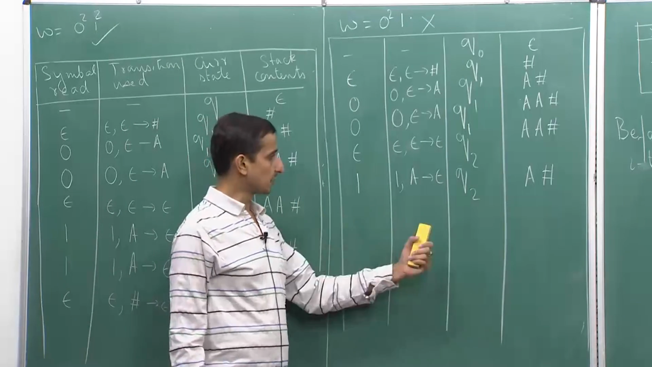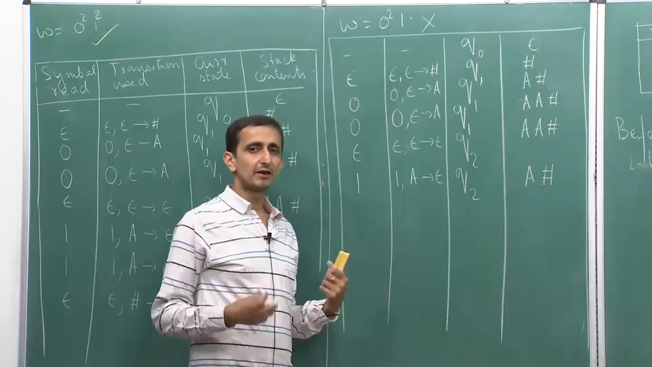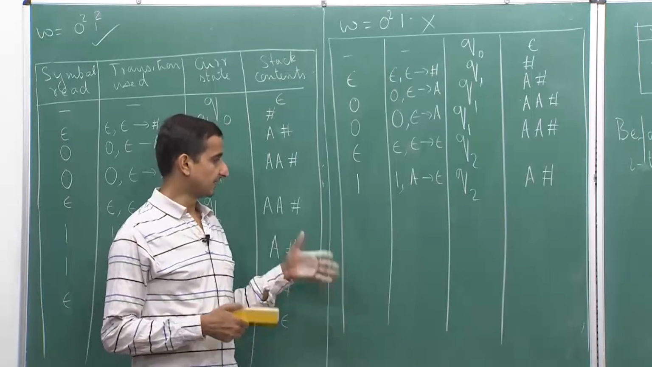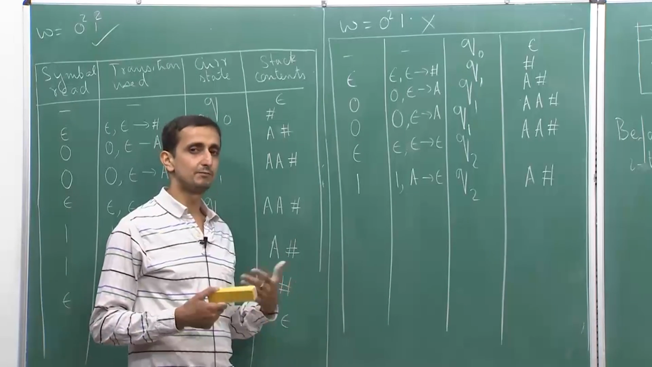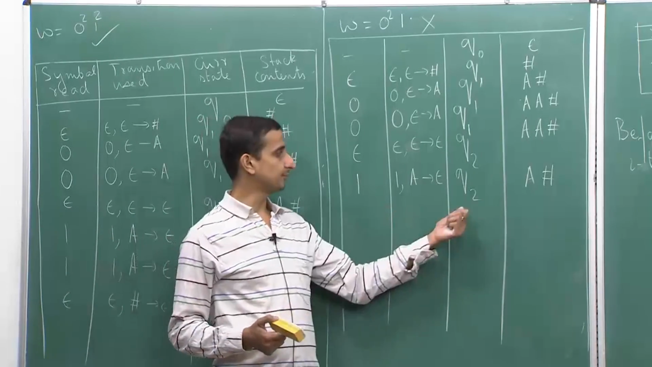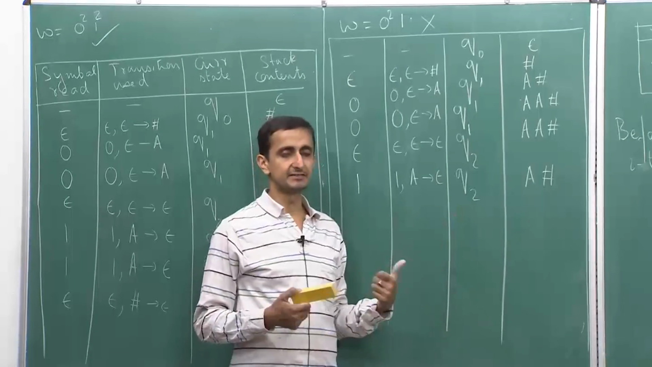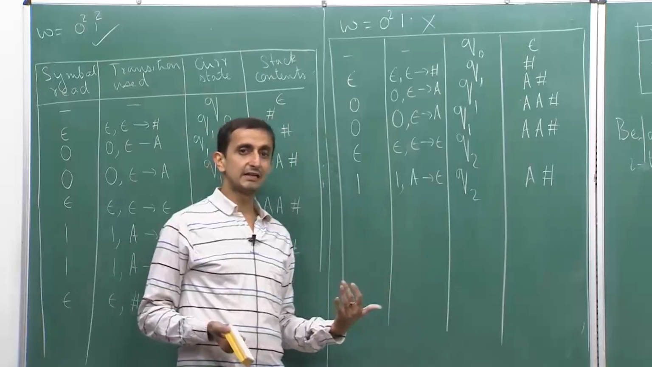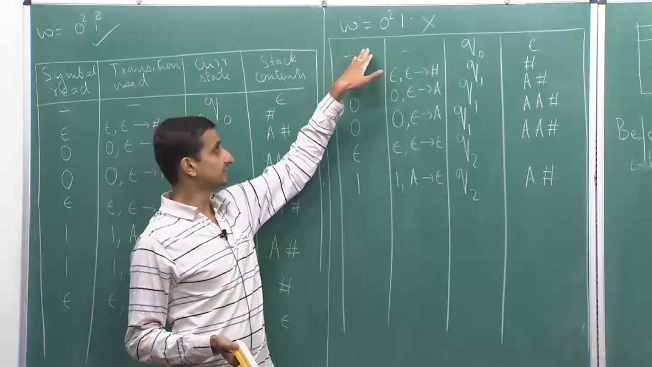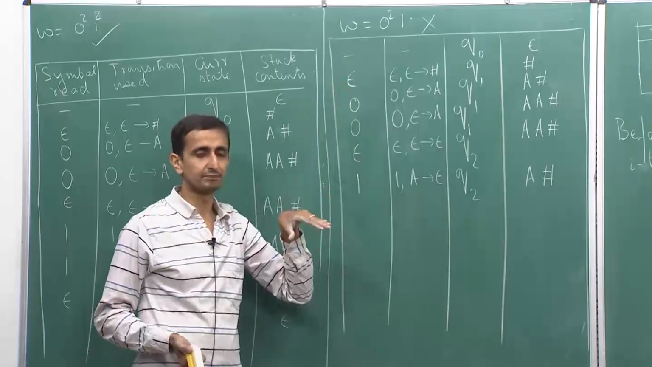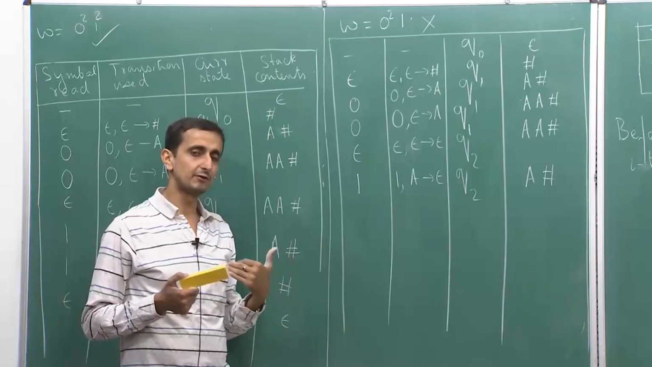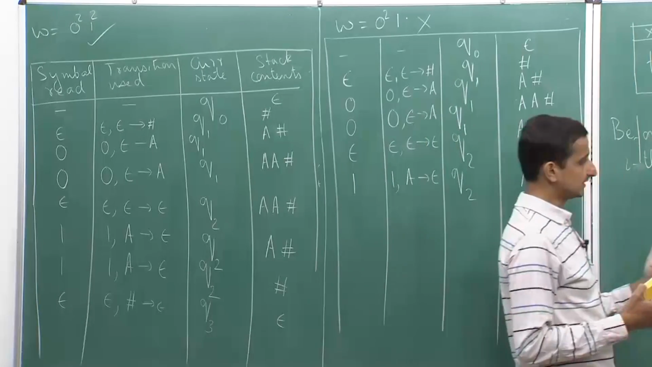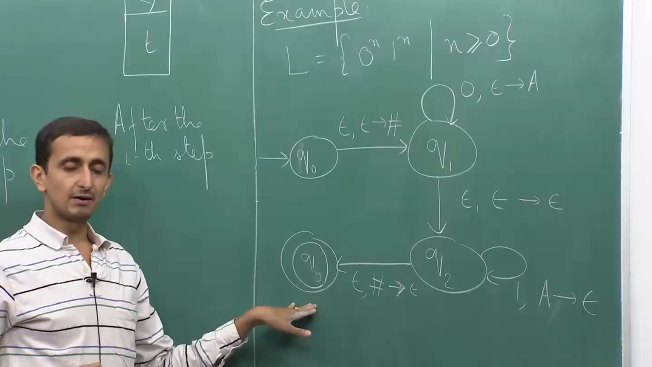So, this is just one computation path that I showed. You can try out other computation paths, and you will be able to see that on none of the computation paths will you actually reach the accept state. Another example that you can try out is for the string 0 1 square. For 0 1 square, you can see that although you are able to reach the state Q3,